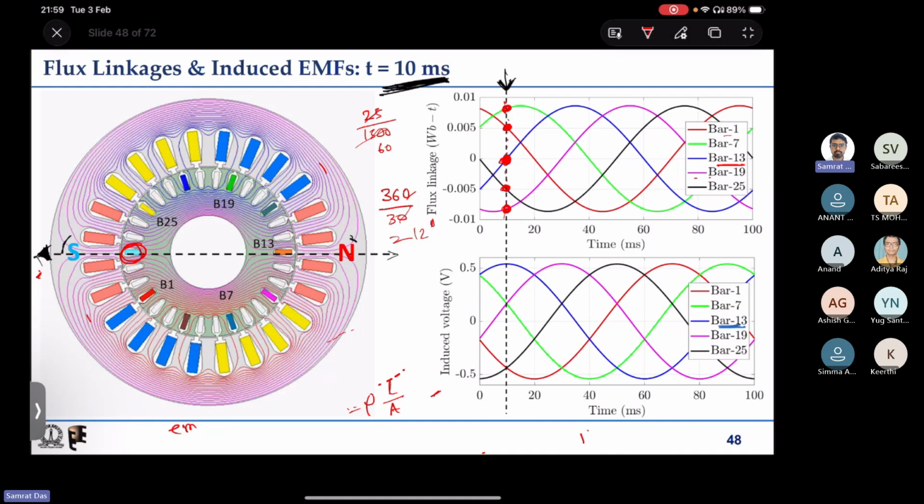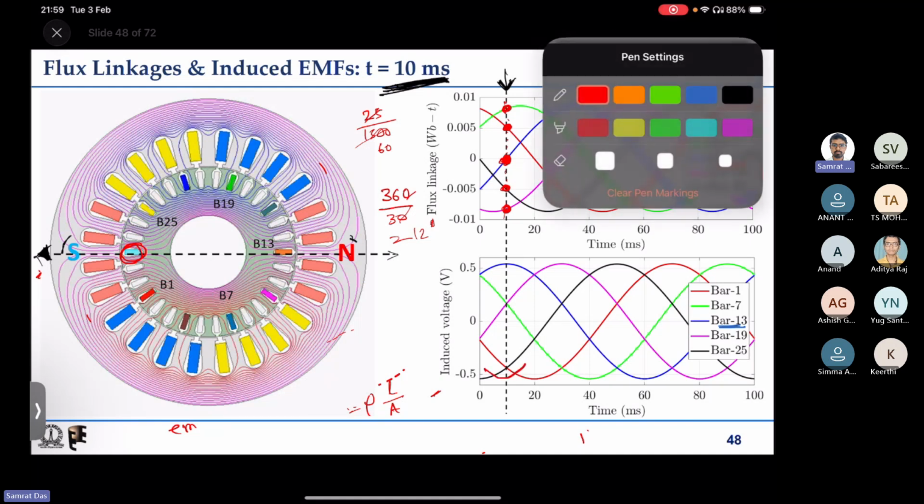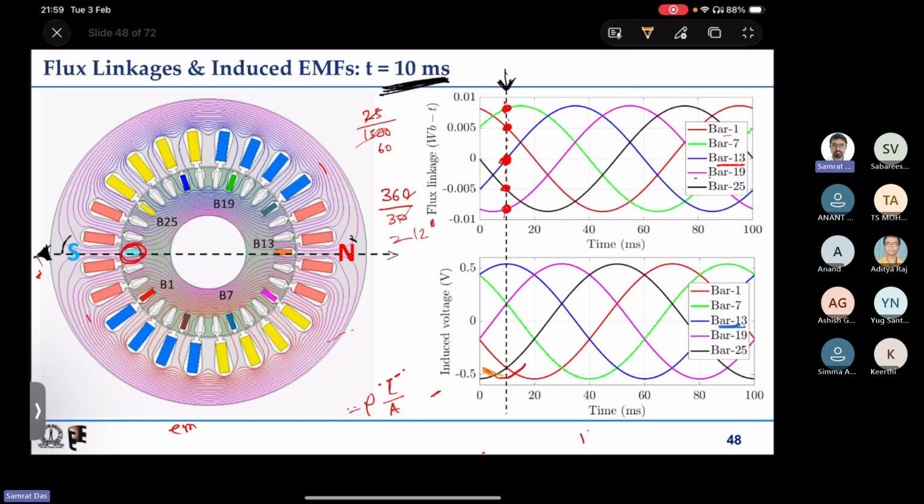Had this bar's induced EMF been drawn, it would have been somewhere here. Some other color would be better. Had I drawn the flux linkage and induced EMF of the bar opposite to that, that is, bar 25, 26, 27, 28, so bar 28, then this bar would be there, because we understood how the